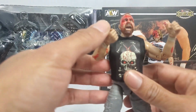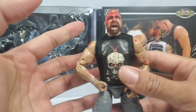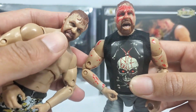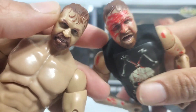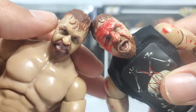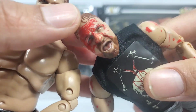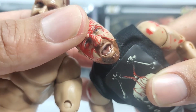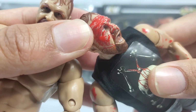I'll tell you what, the shirt, brand new scan, whole new expression. In order to have all that blood coming through, how are you going to do it? Well, you can't have them closed mouth. You can't be bleeding and be like, oh my gosh, I'm bleeding and I got a simple face. No, you actually need an upgrade with it. And AEW did exactly that. Hairstyle, parted a little bit more. I mean, the guy's covered in blood, right? So how are you going to get all that blood action if you don't got the hair moved to the side? I do like the beard, the eyes, probably the best Moxley scan yet,